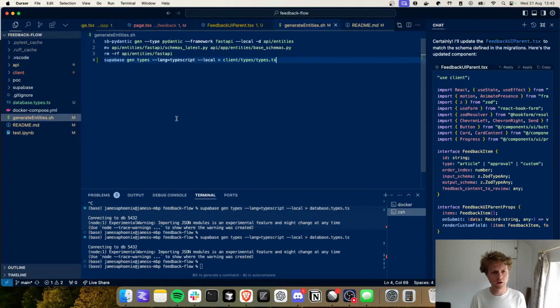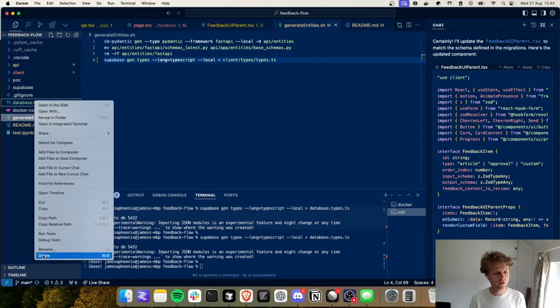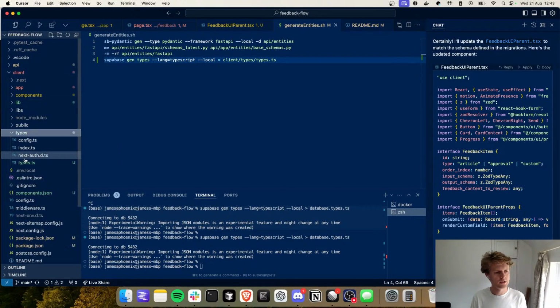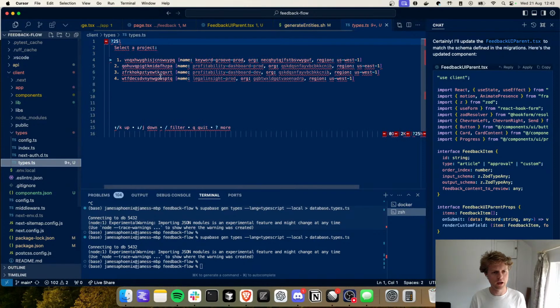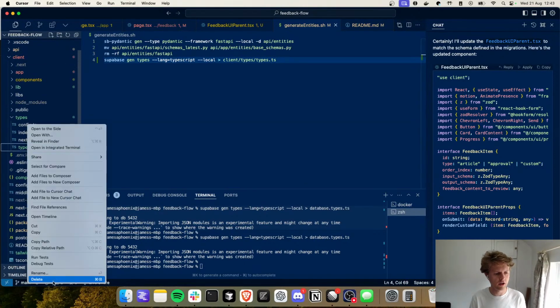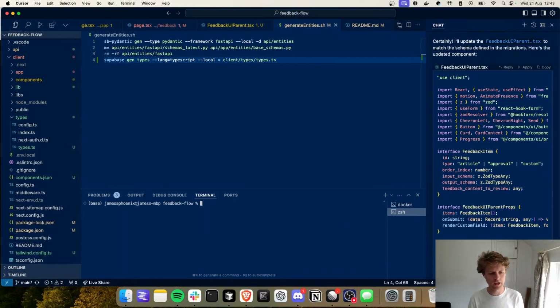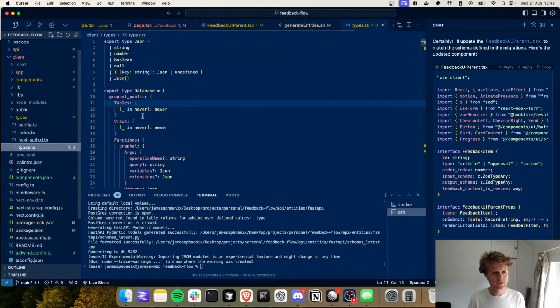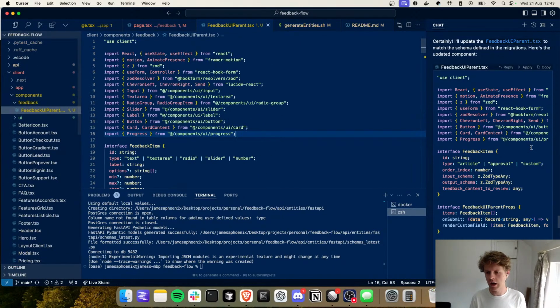And then now that that's run, if I get rid of this, I'm just going to go into the client, and you've got this types. And then you've got this one here, and now it's telling me it needs to select a project, but I think that's a lie because I just switched out the CLI. So if I just try running that again, generate entities, and there you go, boom, types are in. Now we can add those on